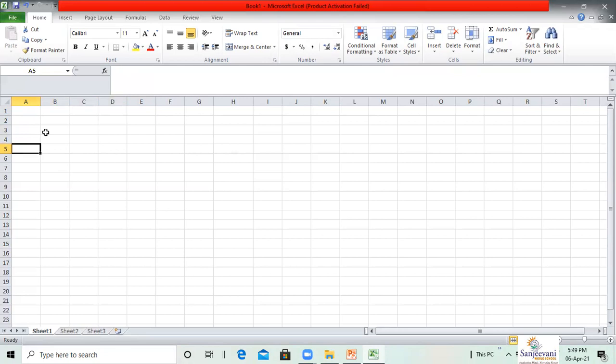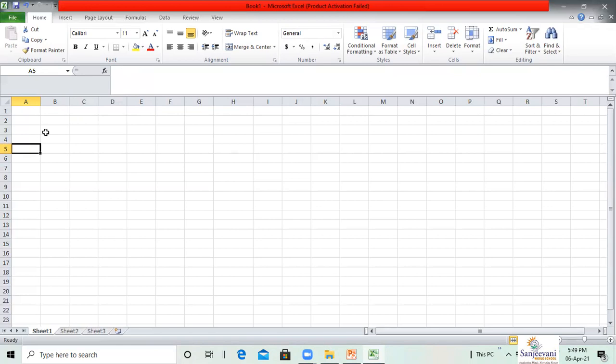The Tab key is used to go to the next cell in a row. Shift plus Tab is used to go to the previous cell in the row. Enter key goes one cell down in the column. Shift plus Enter is used to go one cell up in the column.